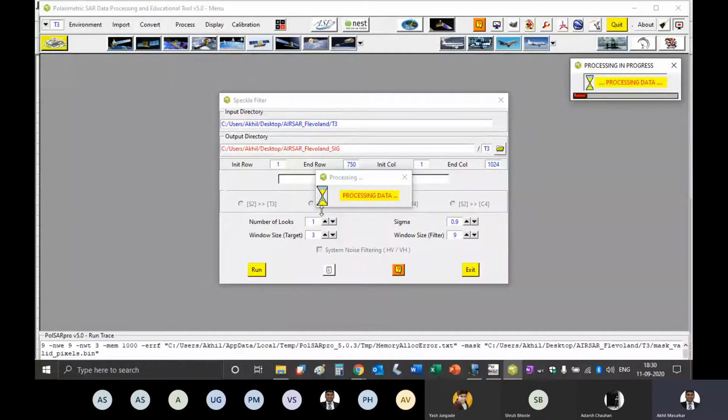So I hope our today's task is very clear. Last time we applied just one classifier. Now we are trying to apply two classifiers for the same training area. Okay, so some kind of filtering is happening. Good. So after filtering, you can post your images in the chat box.